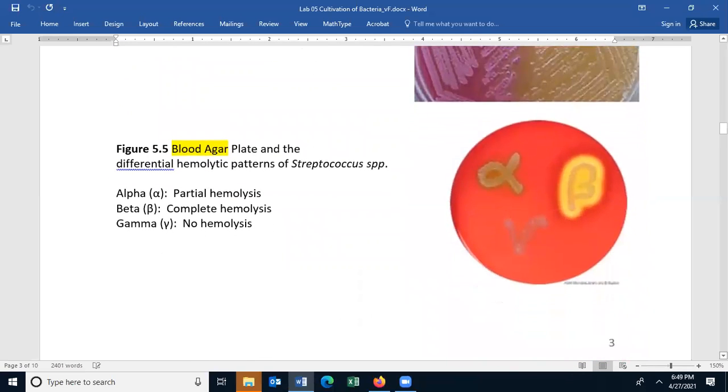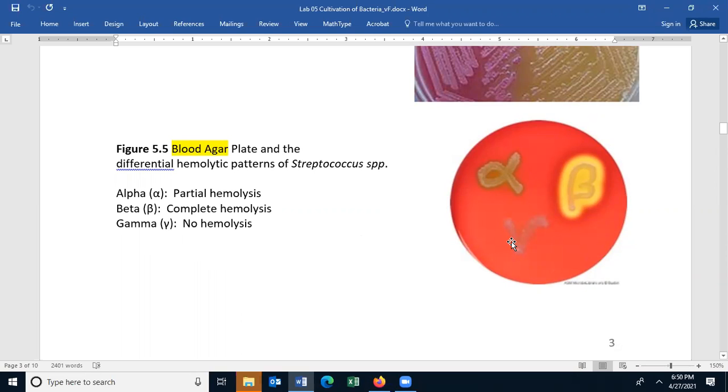Here we're looking at blood agar, and it is an enriched media. The blood provides the nutrients for Streptococcus species to grow, like Streptococcus pyogenes, which will not grow on a general purpose media. It's also differential in that we can see differences in the hemolytic patterns of the bacteria on a blood agar plate. You can have no hemolysis, also called gamma hemolysis, and that's right here, where there's blood